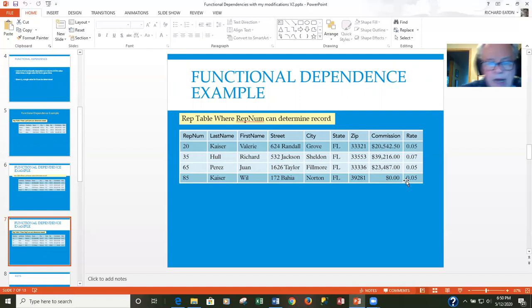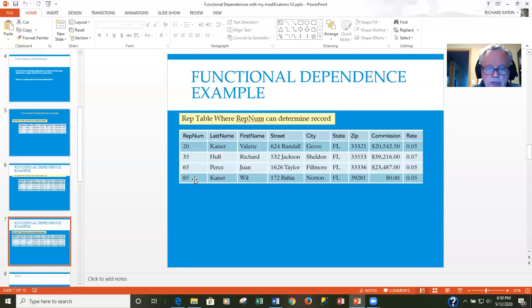What if I added an additional column to this table? I added a rep num column. If you examine this rep num column, you can see that I haven't used any duplicate values here. So you could say, well, maybe this is the primary key. In reality, you can't always know the nature of your data just by looking at the data. You can get a pretty good idea of